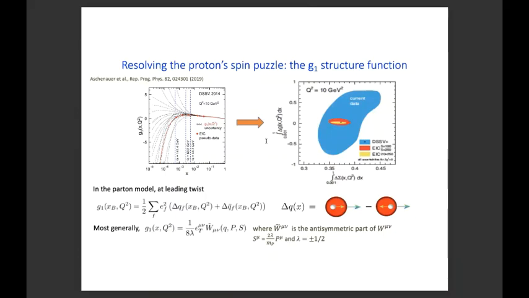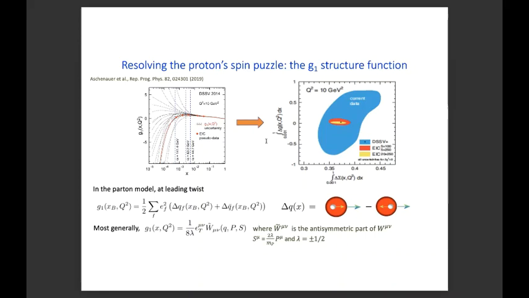And so you can actually look at this plot in a different way, as a function of x now, for a fixed Q squared. These are different EIC energies up to the highest EIC energies, so you're going to have data points up to here. Based on current extrapolations of available data, you can have this G1 either explode in one direction or explode in the other. It is completely unconstrained, and the sign of G1 is not fixed to be positive because it's an asymmetry. So when you have this data, it's also going to constrain this extrapolation down to further x.